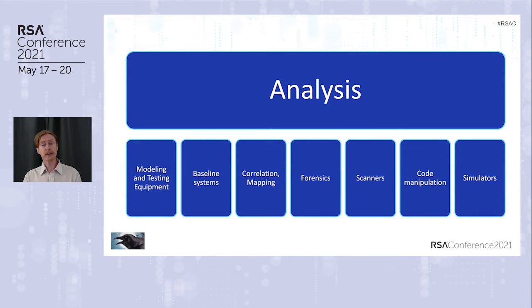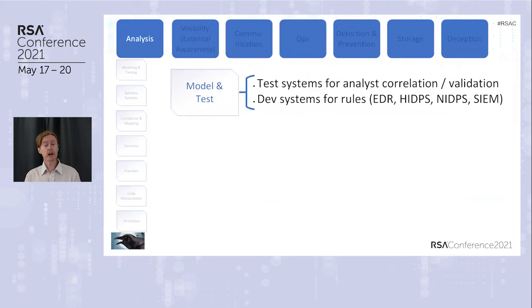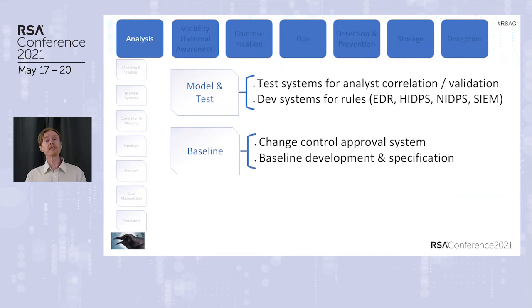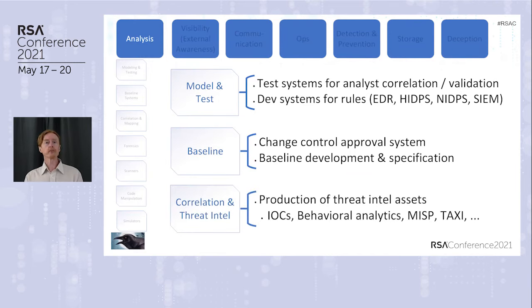From an analysis perspective, we need tools to help us to model and test what we're dealing with. We need spaces where we can develop new rules for our endpoint systems and our network detection systems in our SIEM. We should also be able to track change in the IT systems, and we typically call this change control. Now, you might have good baselines. I hope you do. But the idea of baselining a system, we also need technology to be able to do that effectively and then track the changes to our baselines over time. We also want to be able to do analysis of the indicators that we have. And you might not like the IOC term, that's kind of fallen out of vogue here recently.